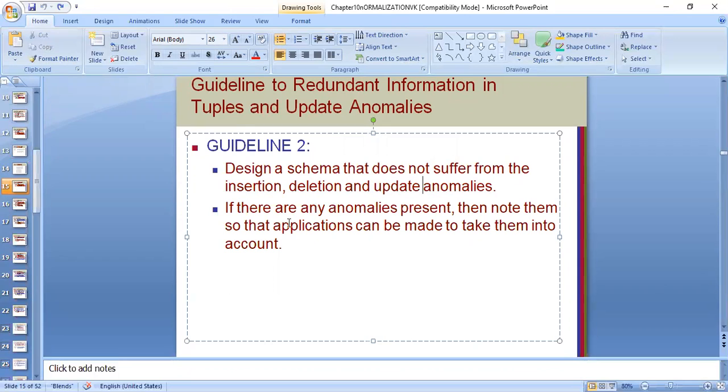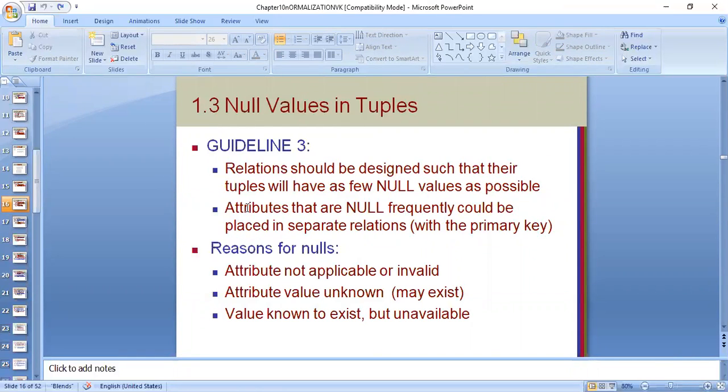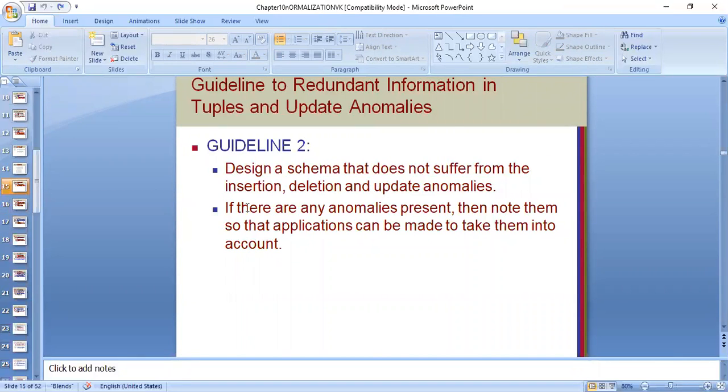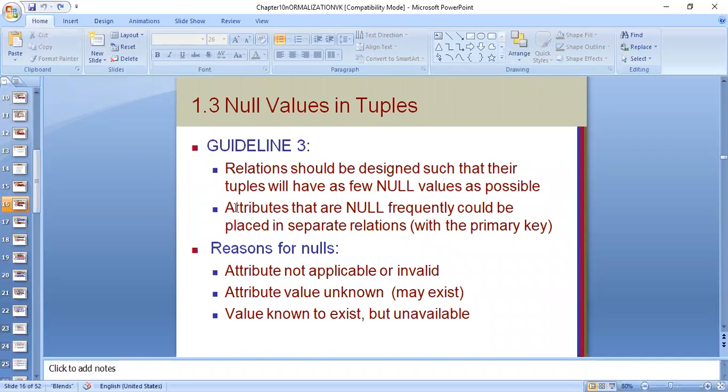If there are any anomalies present, then note them so that the application can be made to take them into account. So there shouldn't be anomalies. That means how should we design a table? We should design bifurcated tables and then join them properly. This is the solution. So this guideline is there.